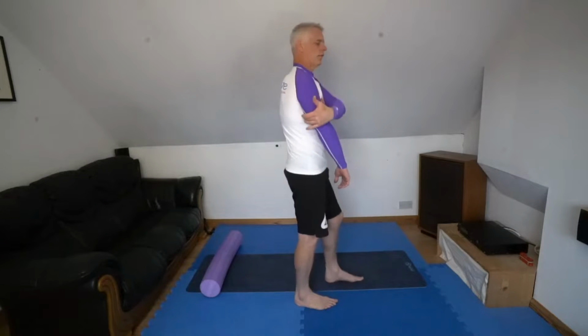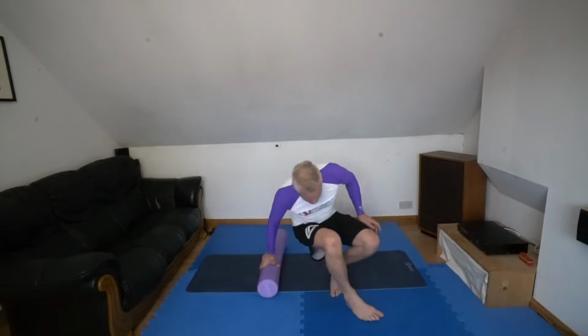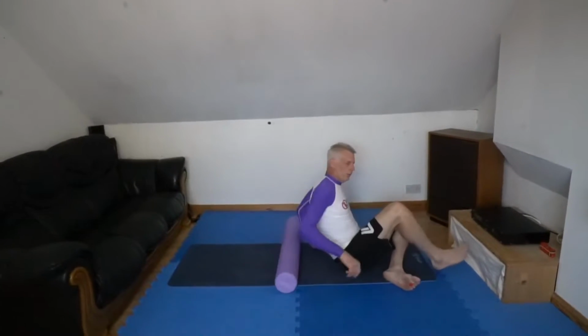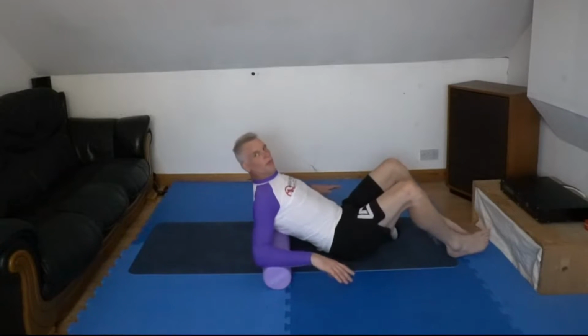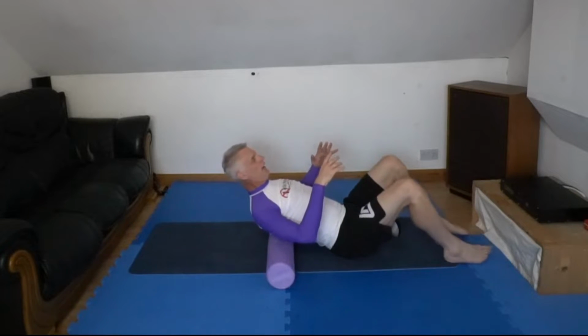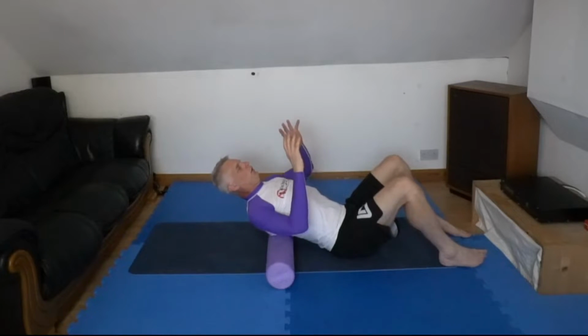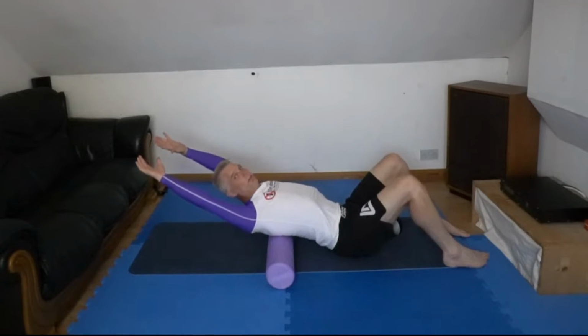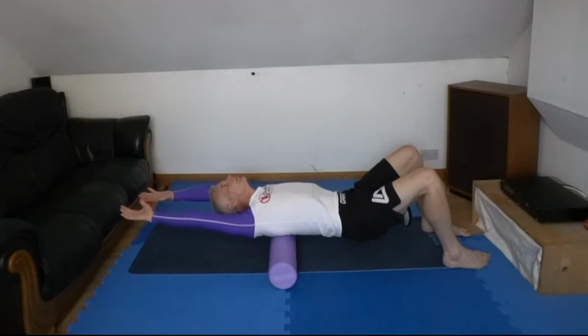Now the upper part of the spine is typically very stiff, especially in guys, so we need to open up those joints. So I have a foam roller and all I'm going to do is place it just under my shoulder blades, and I can feel my back, my spine opening up. Okay, we can make it more intense by putting the hands above our head, or even lifting the hips slightly. Head in a neutral position and hold,